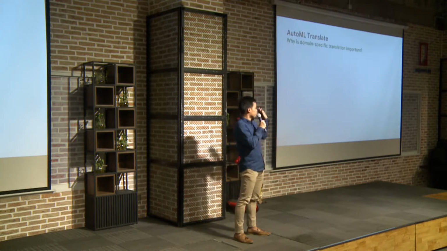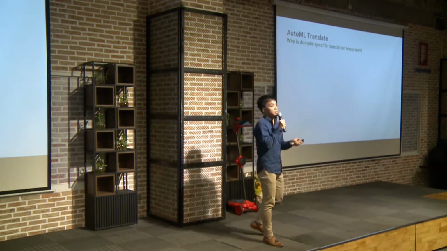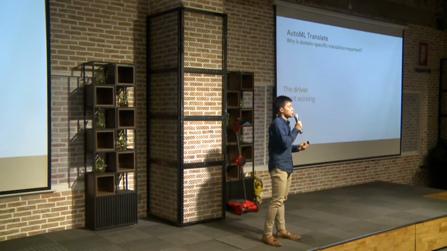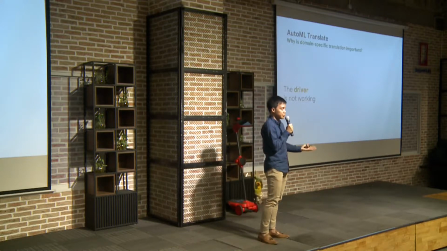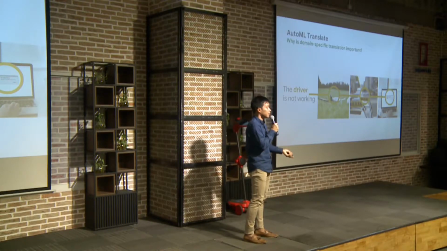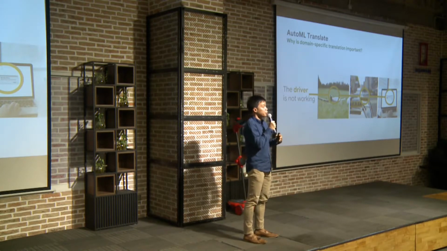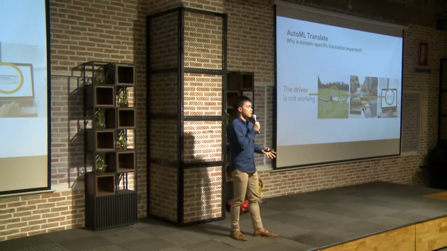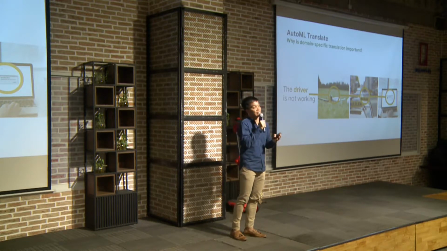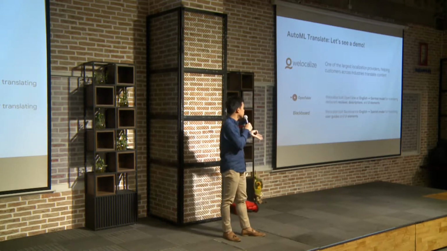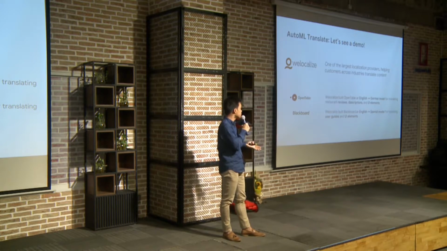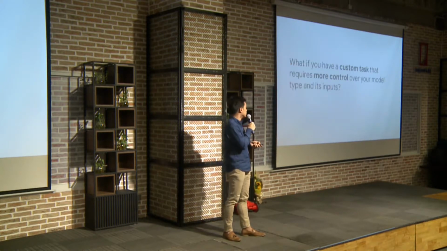At the same point in time, there's also AutoML Translate, which is very specific for the data that you would want to focus on. Because we know that, for example, driver could mean many different things in different verticals. It could mean a software driver, or a taxi driver, or a driver for your computer. Cloud AutoML Translate enables you to drill down to your own definition, your own way of analyzing and understanding the text itself. Several users of AutoML Translate include WeLocalize, which is the largest localization provider, OpenTable, and Blackboard.